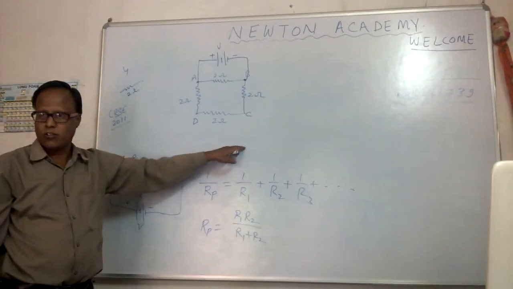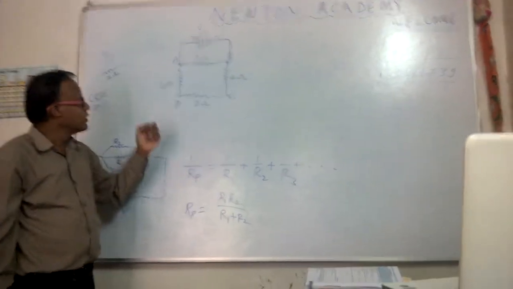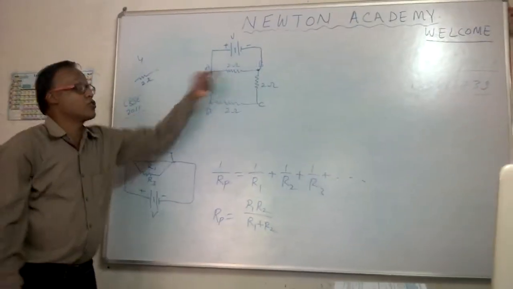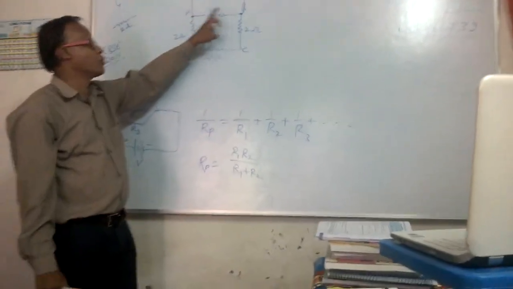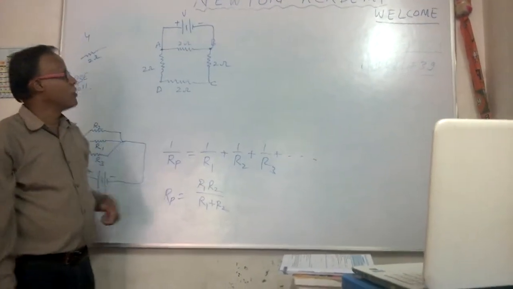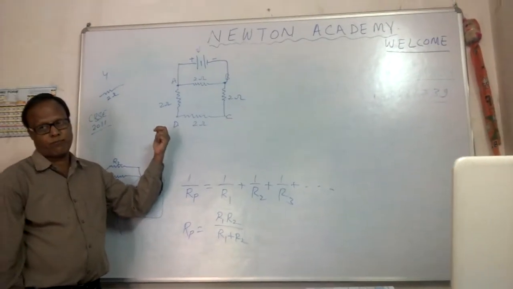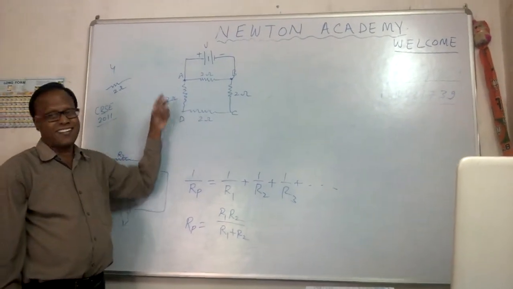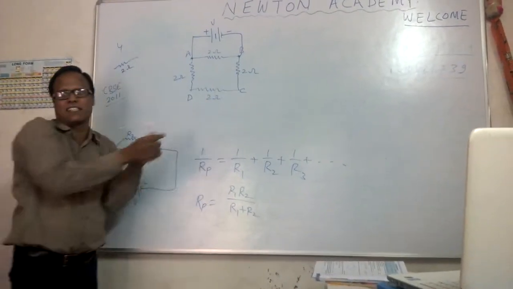Or between B and D. So now tell me कि कौन कौन से resistors are connected in series and which ones are connected in parallel in this situation. Our aim is to find out the effective resistance between two adjacent corners, say between A and B. तो बताओ इसमें कौन कौन से resistors सीरीज में कौन से पैरेलल में? सब सीरीज में. Now these two become the endpoints. So these three resistors are connected in series.